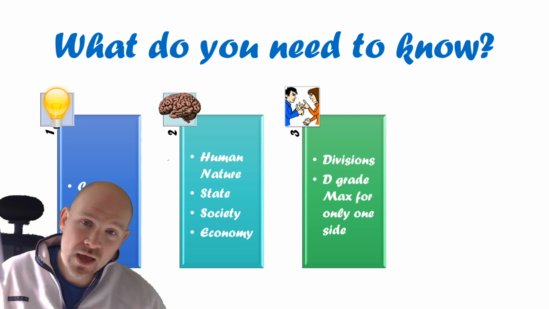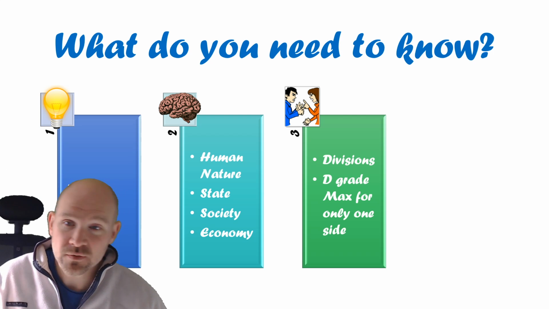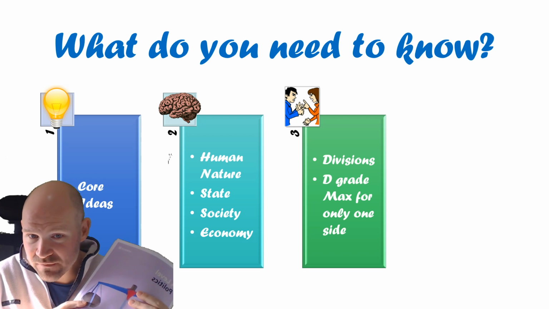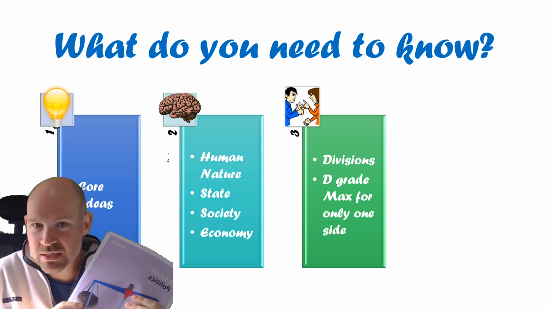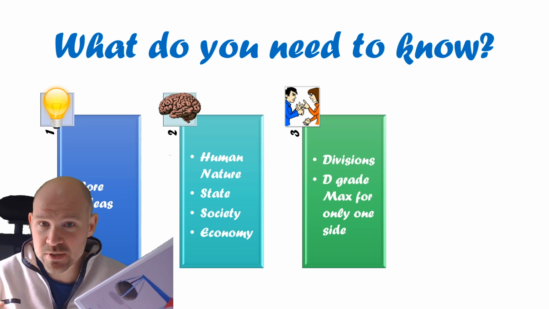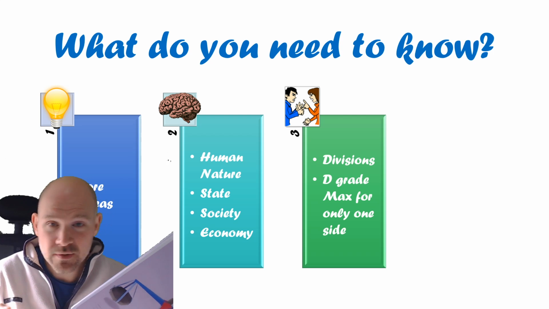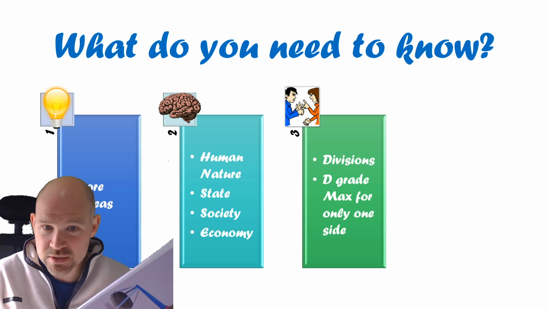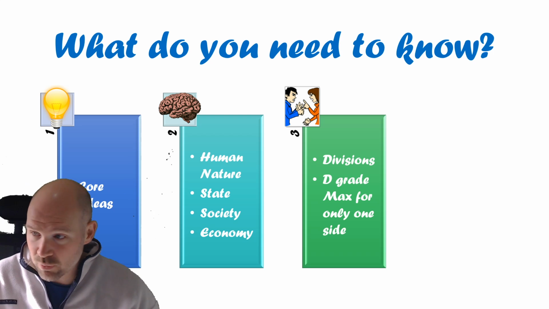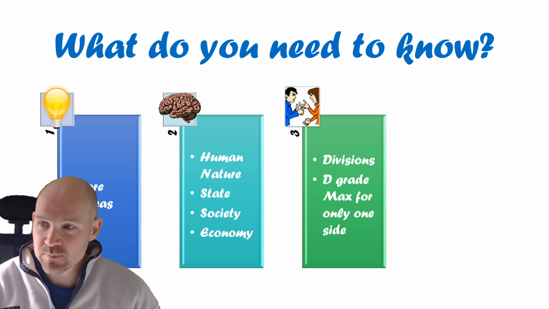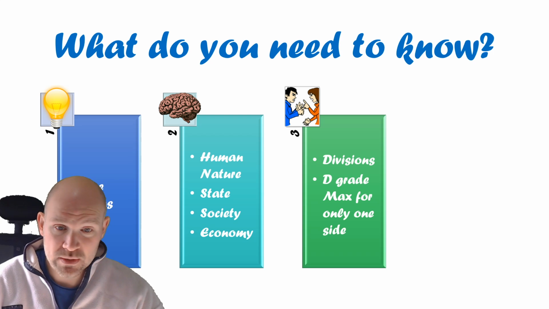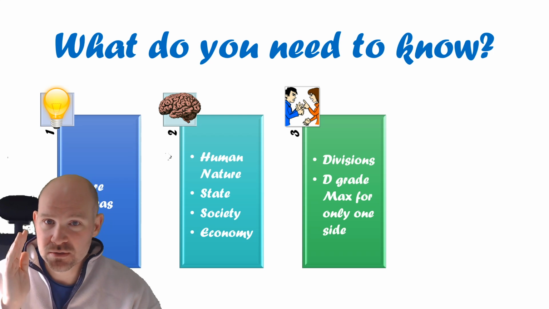Now, a bit of advice: there are more types of liberal, socialist, and conservative than appear in the specification. However, you do not need to know them, and it's fairly unlikely that you would pick up any extra marks for doing so. I'll give you an example. In liberalism, you need to know about classic liberals and modern liberals. There are other types of liberals, such as neoliberalism and so on. Do not write about them if they're not on the specification, because the exam board and the examiner are not expecting you to know them, and you aren't going to be benefiting yourself in doing so. So you need to know the specified divisions.